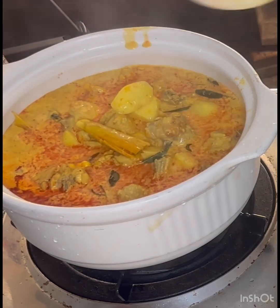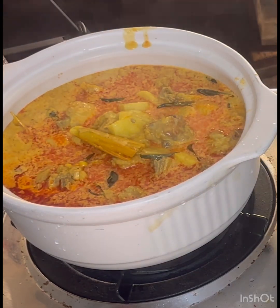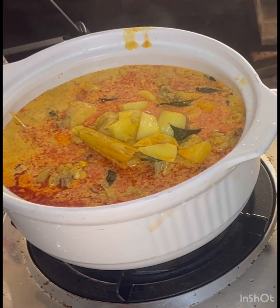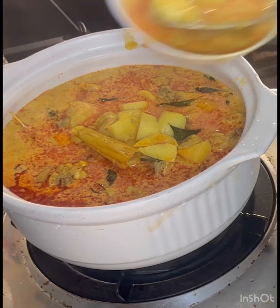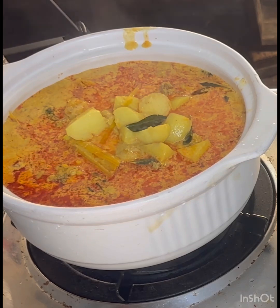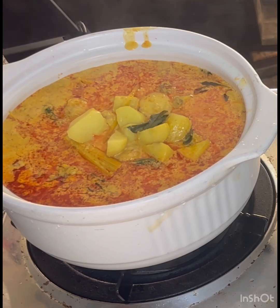Today I'm going to show you how to make Malaysian style chicken curry. Every time I cook chicken curry, I will always cook with extra gravy and freeze it for when my kids are craving roti prata. If you follow this video step by step, then I'm sure that you will be making a delicious Malaysian style